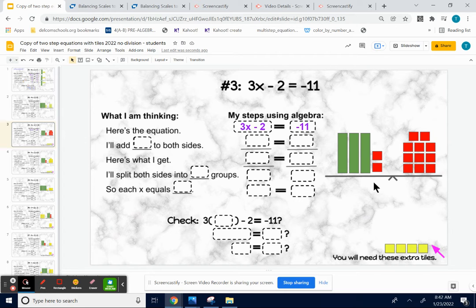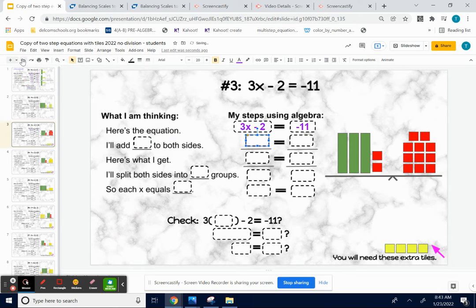Instead of taking them away, now you could argue I could take reds away from both sides, and you're right, but usually there's not going to be reds on both sides, at least on the problems that I have later on. I want you to think of it this way. To get rid of reds, you could add yellows, because remember, a yellow and a red cancel out. A positive and a negative charge cancel each other out. So if I want to get rid of these reds that are next to my trick-or-treat bags, I'm going to add